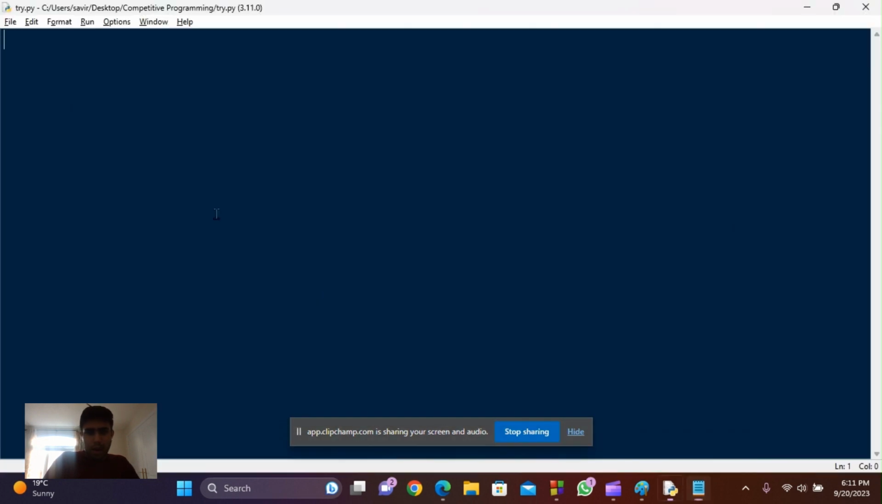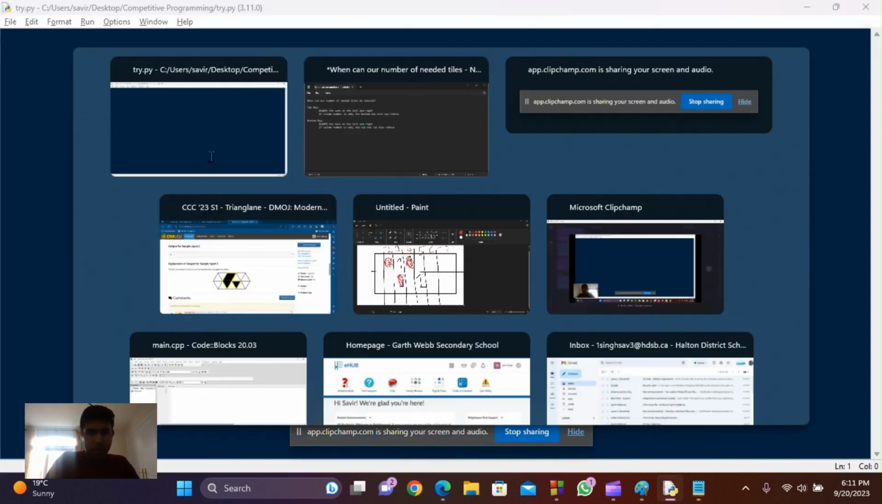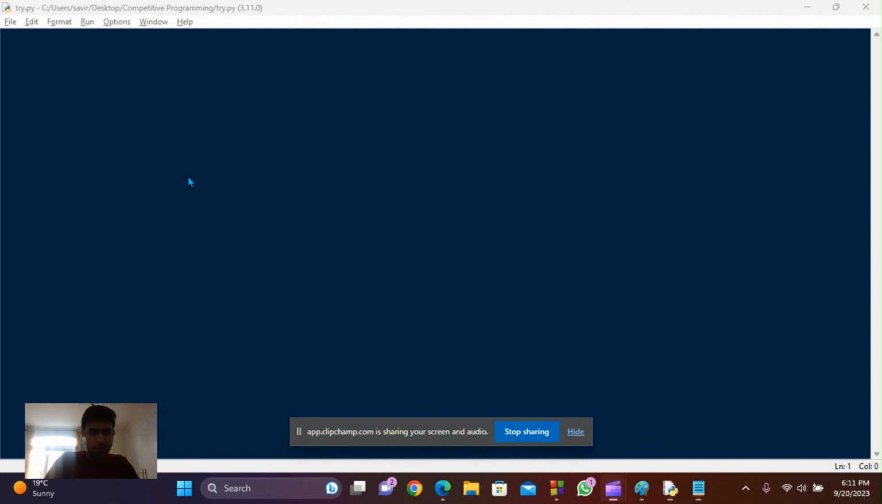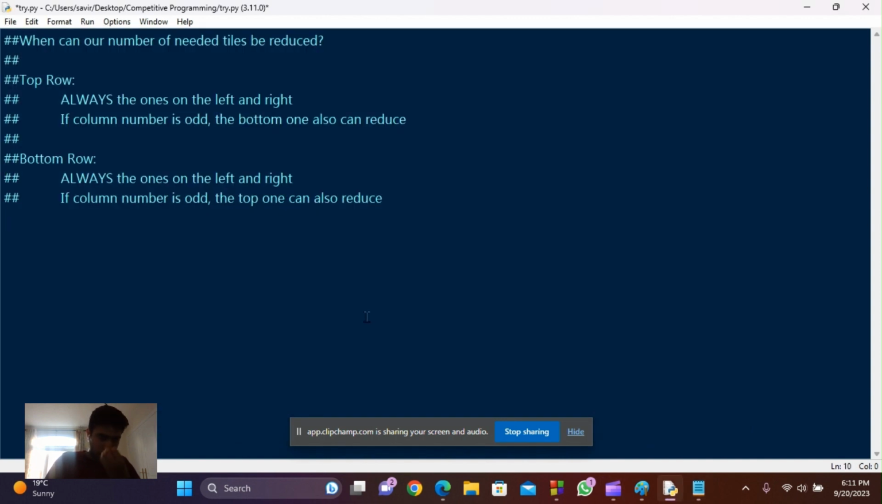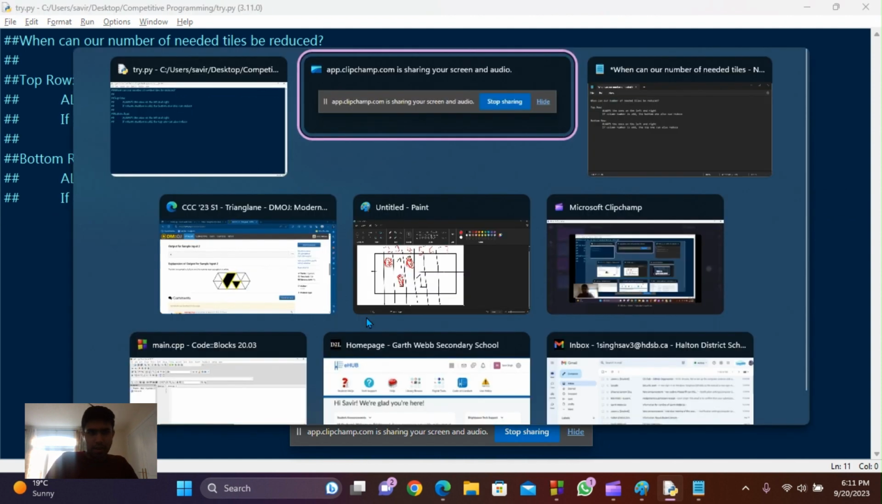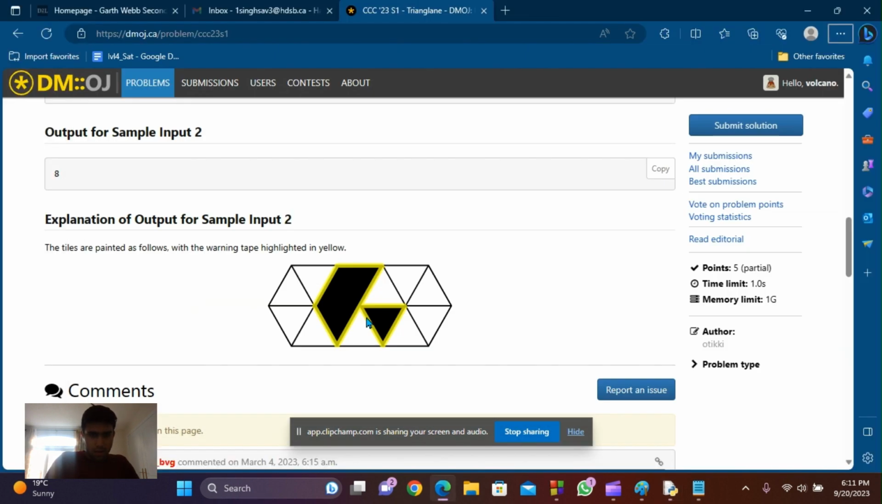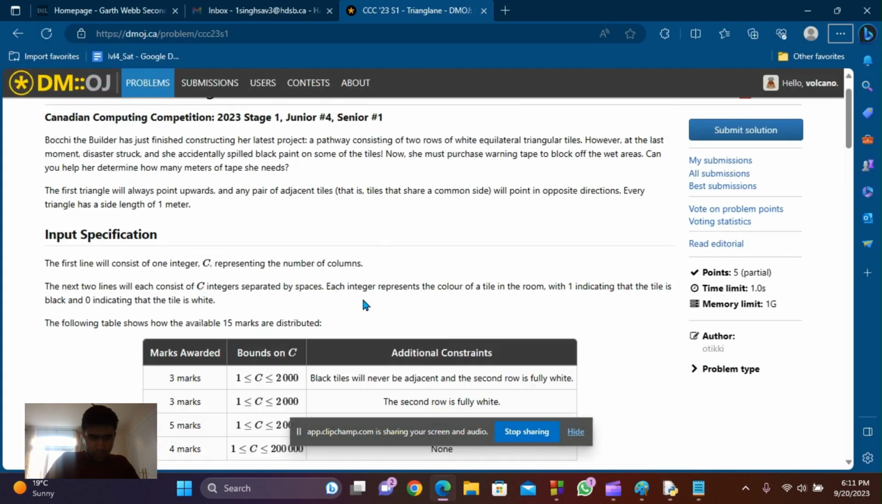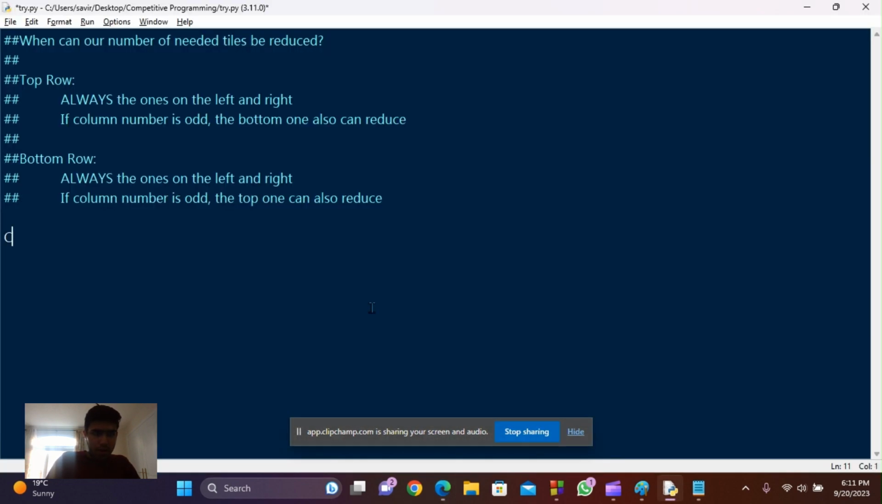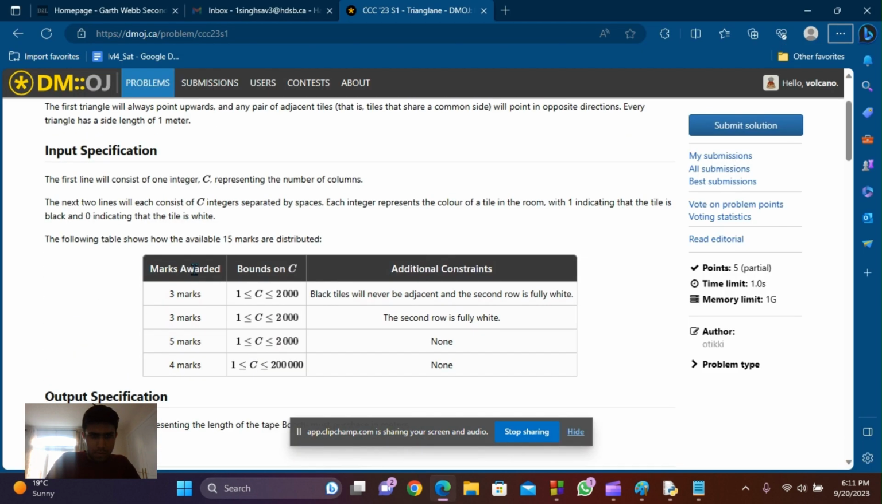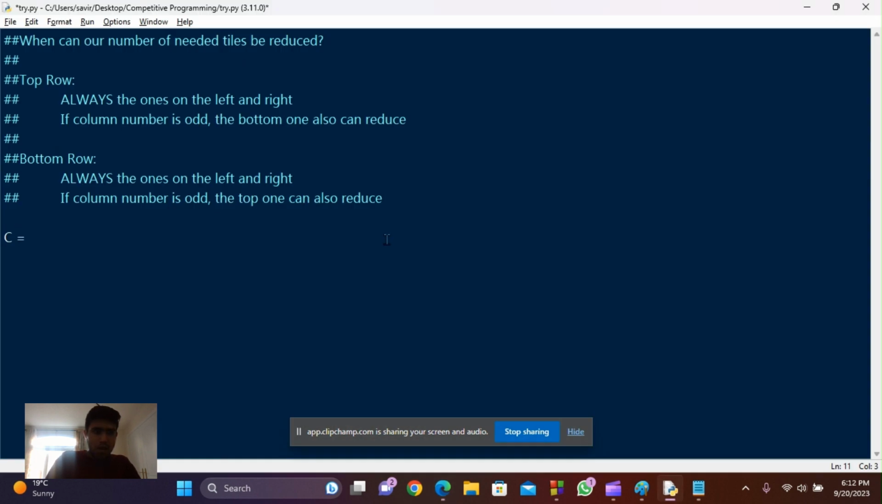We'll go ahead and solve this in Python first. Copy this idea so we have it. Alright, so that's the idea. Let's go ahead and solve this now. So we have to read an integer c as the number of columns. c equals int input. Read that. And then we have row 1,